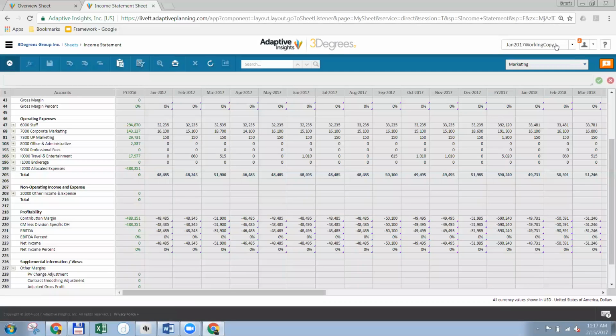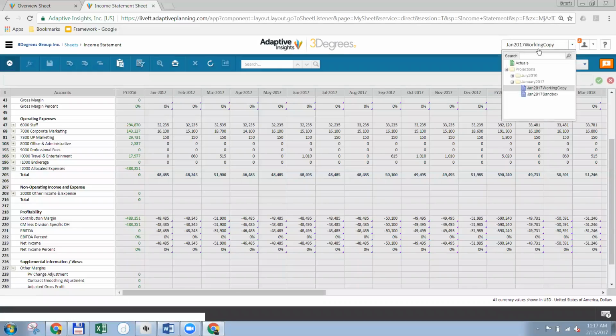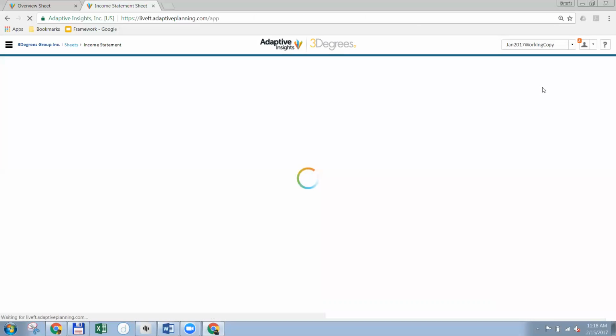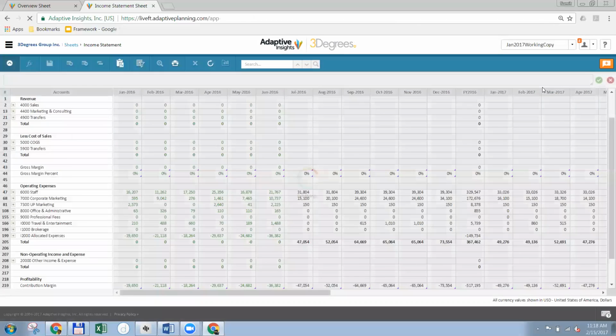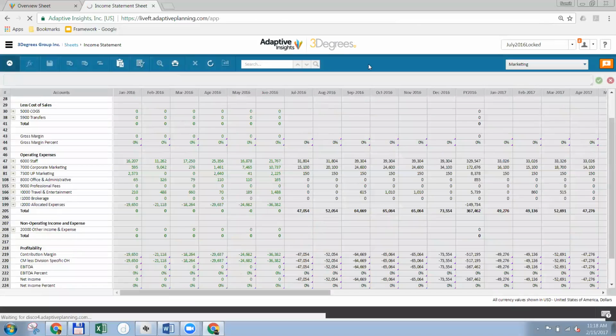And so if we wanted to see, say, perhaps what happened in the full year 2016, we could open up either the actual sheet or we could drop into the July 2016 model. So if we go look at the locked version of that model, we ought to be able to confirm